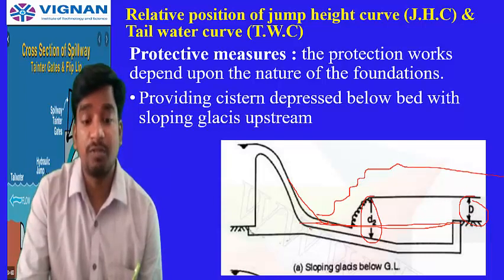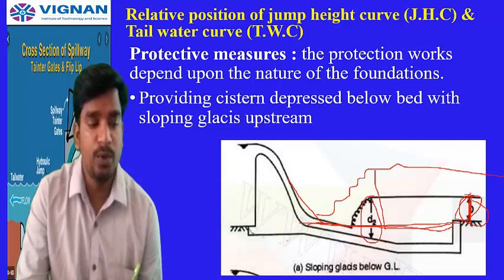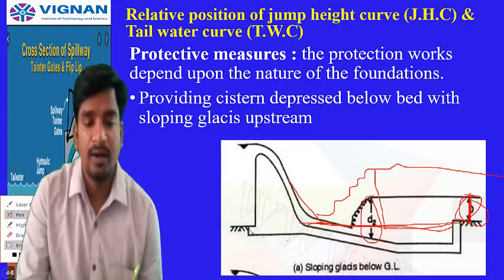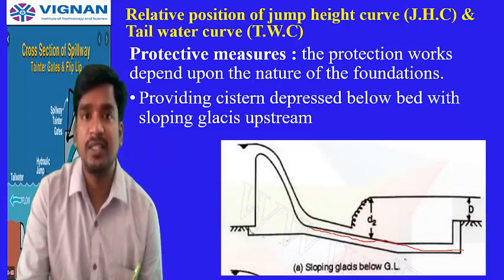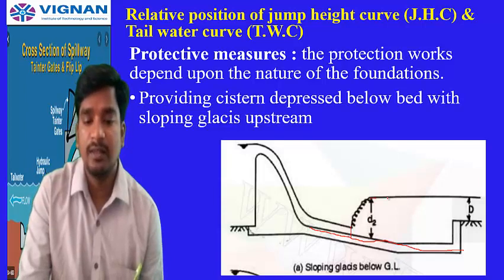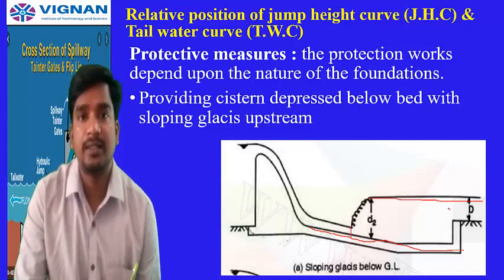So if the surface is flat like this and this height is much greater than the tailwater, that is the reason what we are doing in order to meet this depth. This is our required depth at the tailwater. So in order to meet this, we are creating a slope like this in the Stilling Basin, so that the jump will be formed at this place and this height is met.